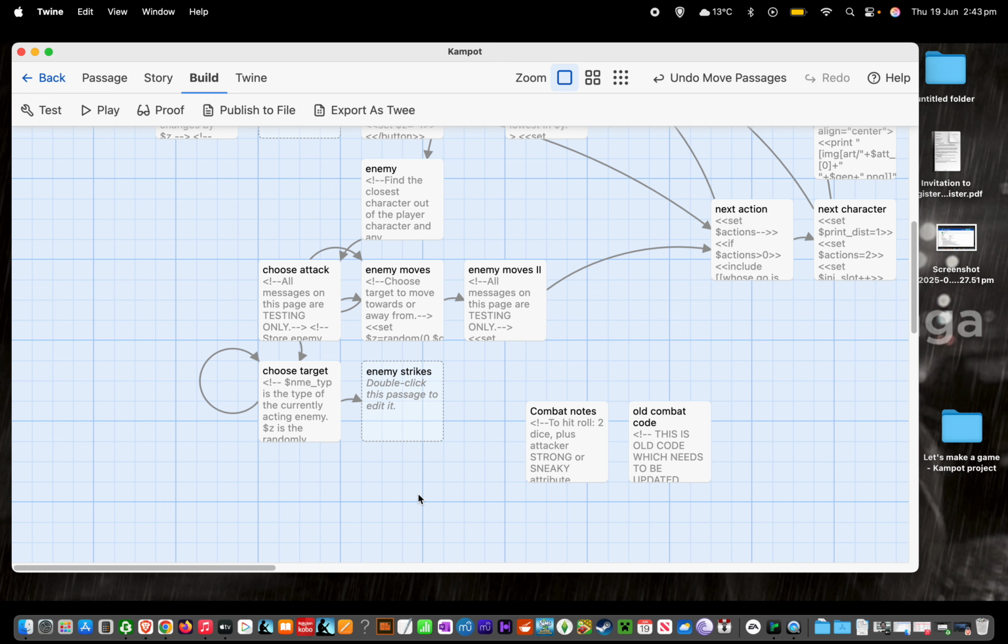So what I'm going to do next is the more complicated version of rolling to hit, and then after that we'll move on to assessing the damage or the effect of the special attack, which can knock its target prone. But for now,